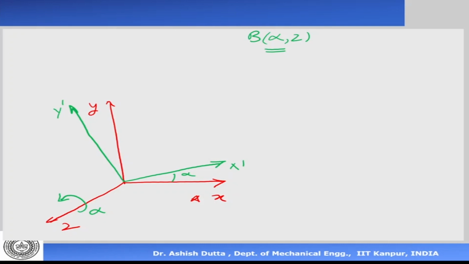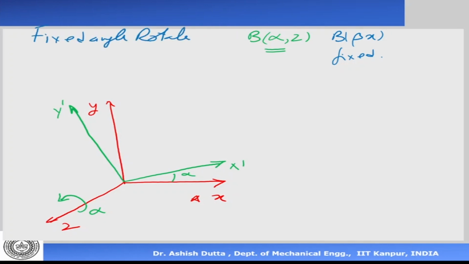Now I can rotate about some other axis. Now I'm going to rotate about maybe the x-axis. So let me do the second rotation. Frame B is rotated by an angle beta about the x-axis. So I'm going to rotate about the fixed axis. Please note, in the first case, you don't have a choice because all the axes are the same. In the second case, because the axes have shifted, now I can rotate about this or I can rotate about this. So what we are going to do is called the fixed angle rotation.